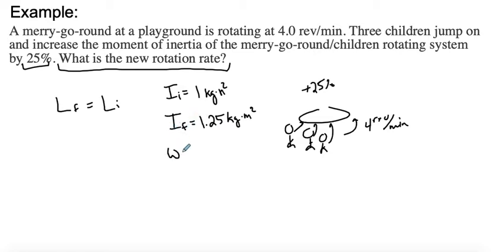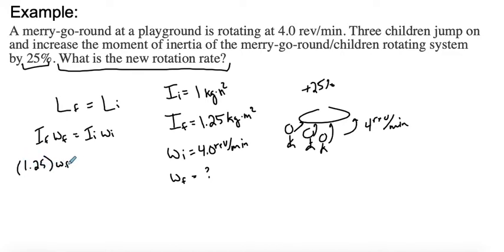And then we do have an initial angular velocity of 4 revolutions per minute. We can just leave that in revolutions per minute because it doesn't specify what we want our final answer in. So we have enough information here. We don't know our final angular velocity, so let's start throwing some things in here. Final moment times final angular velocity equals initial moment times initial angular velocity. So we have our final moment of 1.25, final velocity we don't know, our initial moment is just 1, which makes it a lot nicer,